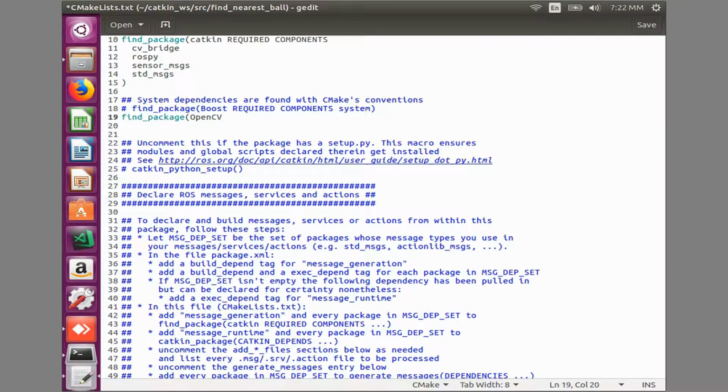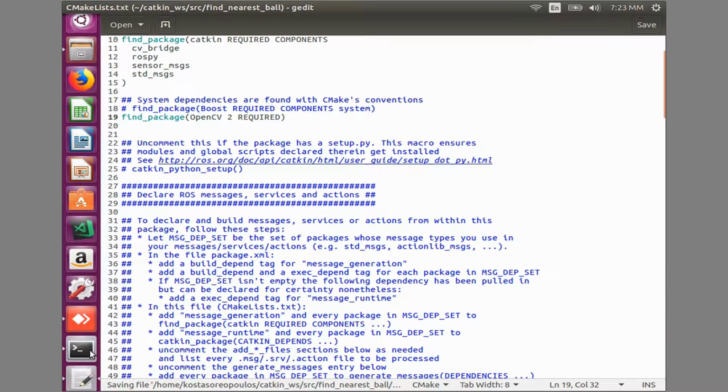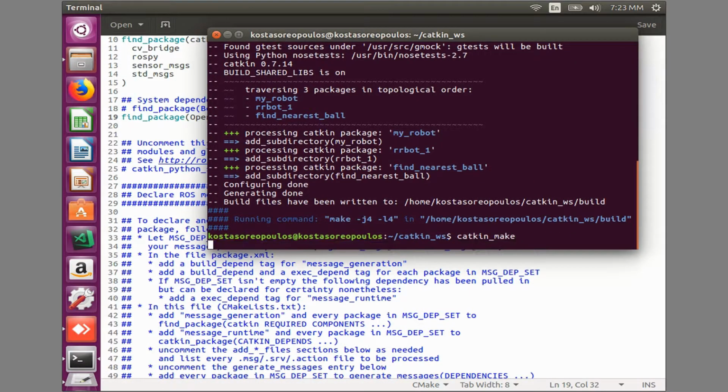Be careful with the capitalization, which is very important. And I will first try to say REQUIRED, which means I want to add version 2 of the package. OpenCV is now in version 4, which has just been released, but let's try to add version 2. And now if I try to save that and go back and recompile,